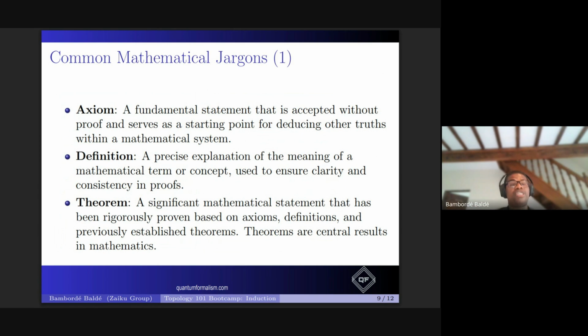And the axioms generally come in the form of definitions. This is where the axioms will come in. For example, we'll say a vector space is a set V with the following axioms. In fact, in most textbooks, they wouldn't say the following axioms. They would say the following conditions. So when you see a definition and you hear the word condition, those conditions are axioms.